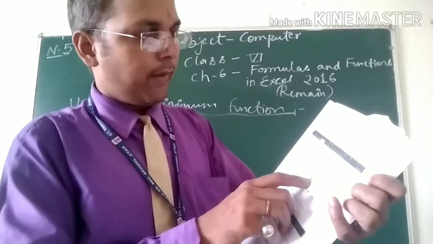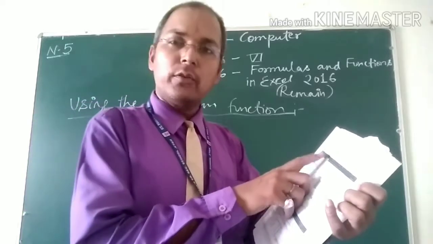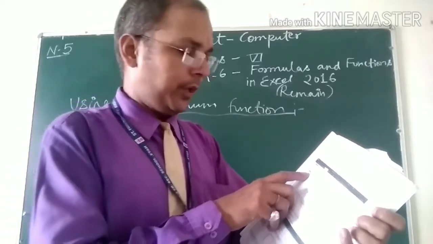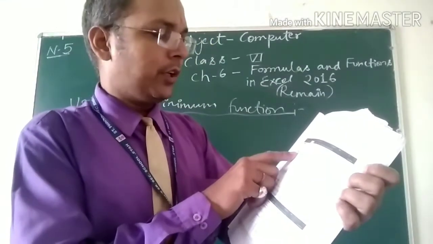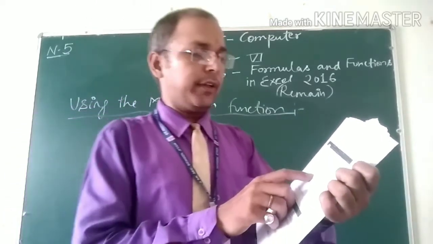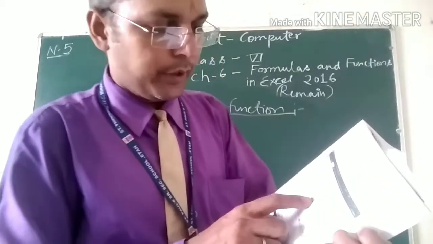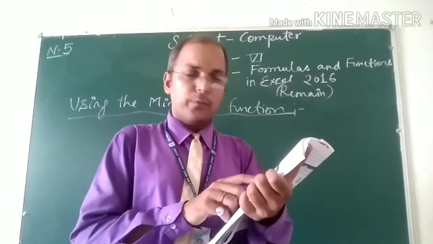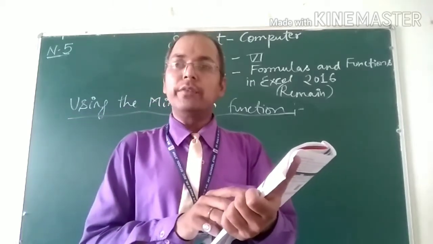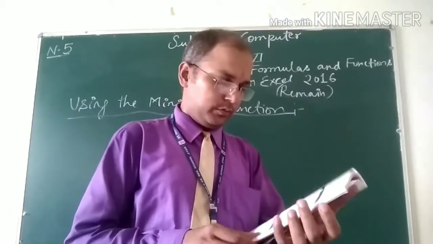Click on the auto sum from the formula bar. So first of all, you have to go to the formula bar, then go to auto sum and choose the minimum, min. Select the range of cells. Press enter. The minimum value is displayed in cell F10. So the values are 180, 270, 450, 540, 180, 225. So the minimum value in these given numbers is 180. 180 is the minimum value. Okay.